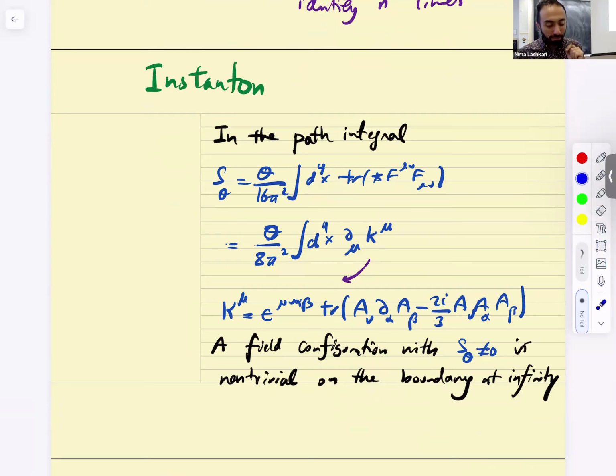So for one thing, it's the coefficient of the theta term which captures the winding number of these topologically non-trivial configurations. So in the action, you have two terms. There's a Yang-Mills term, which is a local integral. It's local. There is a second term, which is a total derivative, right? This theta term captures only topological non-triviality. So that theta term responds to this topologically non-trivial operator.